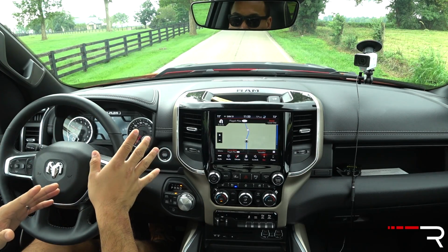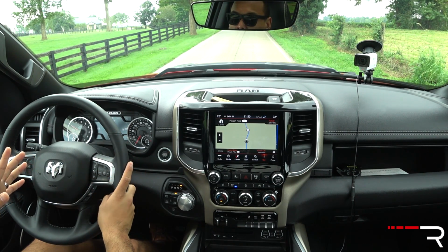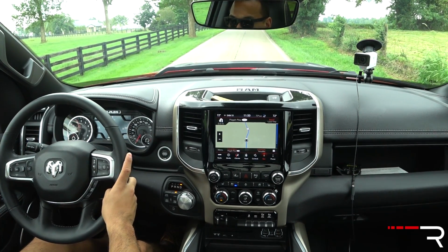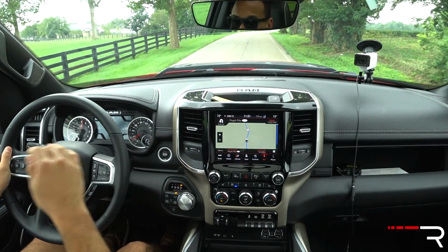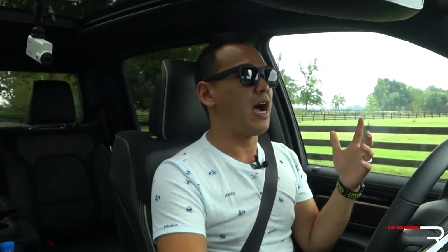It's probably the first time where I'm going to say that people who don't like start-stop systems are not going to turn it off because it's so unnoticeable. And that's kind of the benefit of the eTorque system. As soon as I lift off the brake, the engine just seamlessly starts up. And honestly, every other start-stop system is now just behind. Ram has really elevated the start-stop to a new level, and this is where I think the future